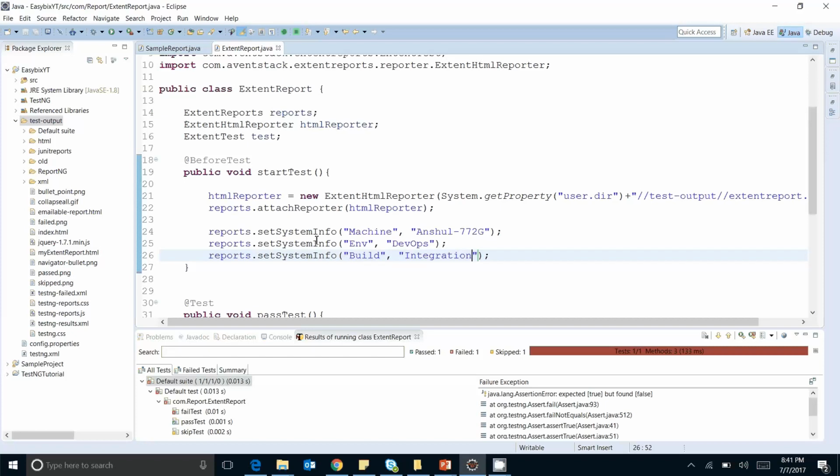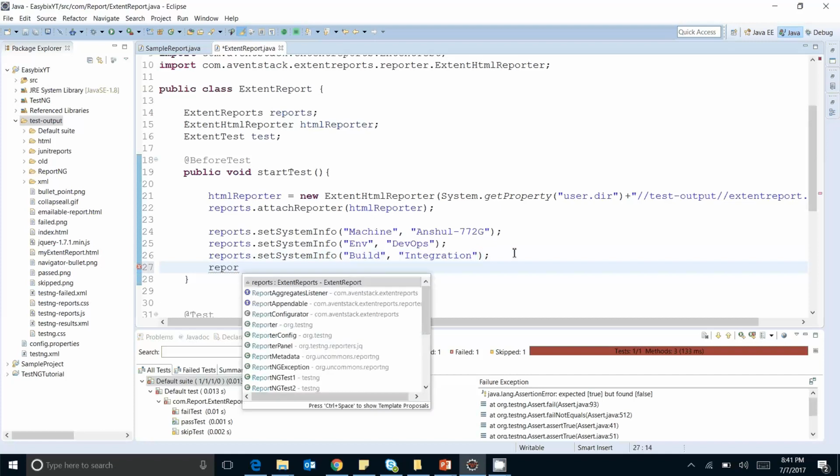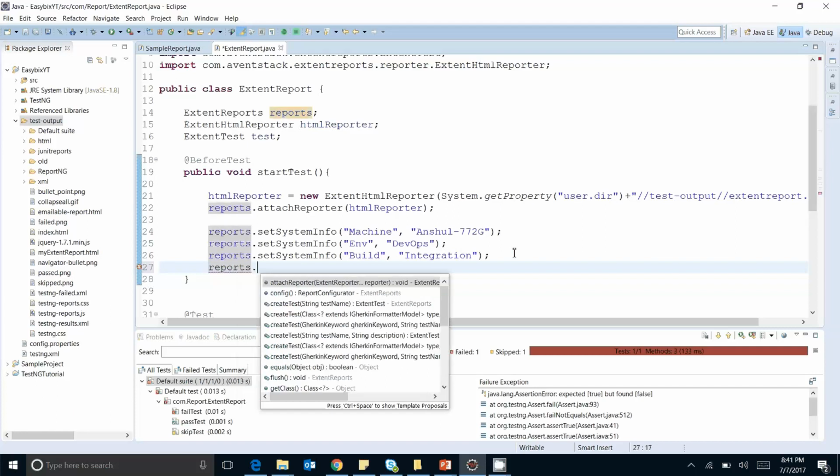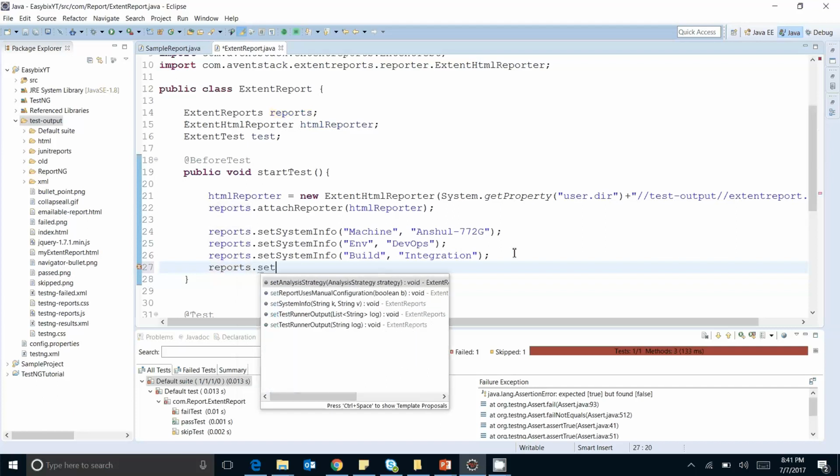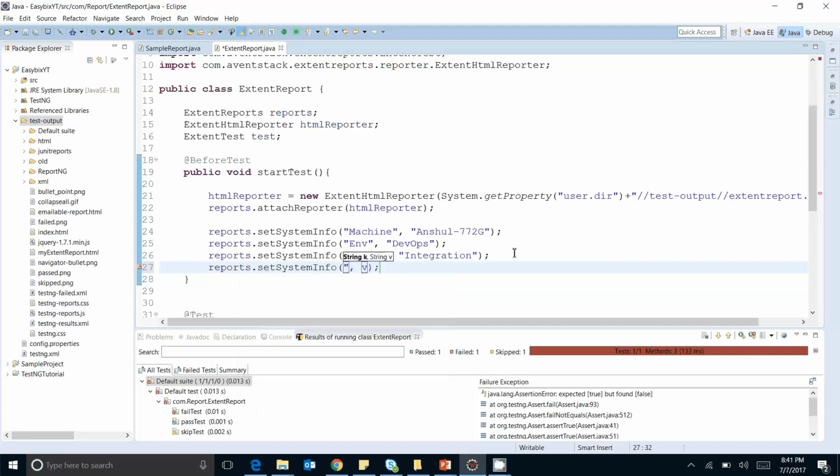Okay, so all this information will come in the environments block inside my HTML extent report. Let's insert one more thing, which could be anything. Okay, keep the browser, although we are not using a browser in this test case, and put IE over here.